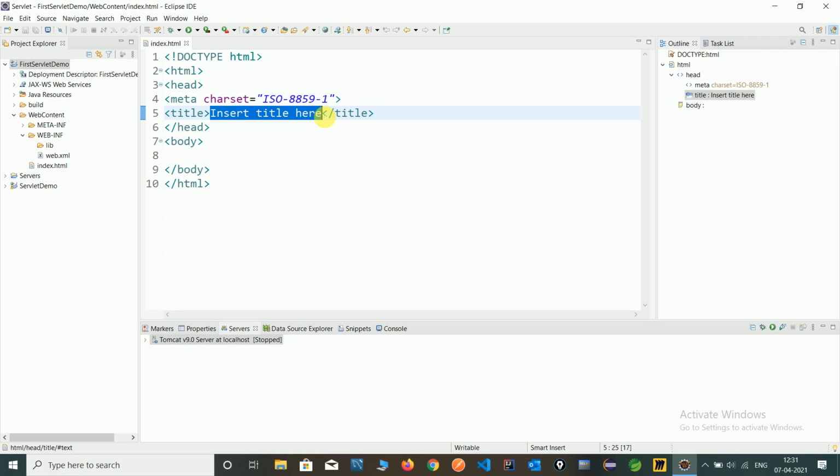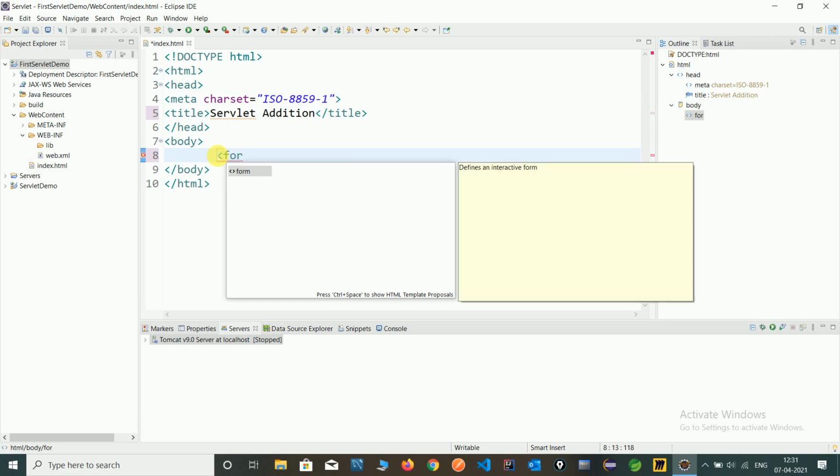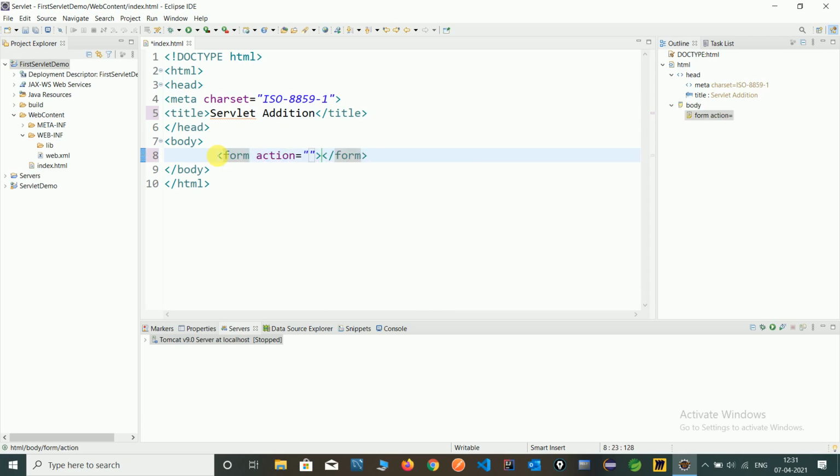Just give the heading servlet, because we are adding two numbers in that program. For that, create one form, and I am giving add as the URL pattern.